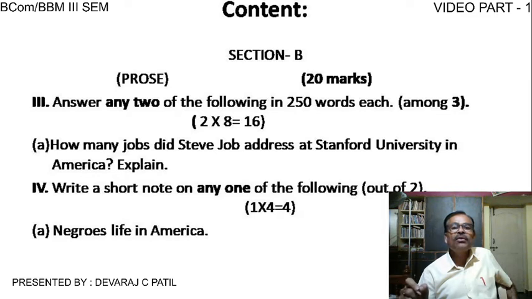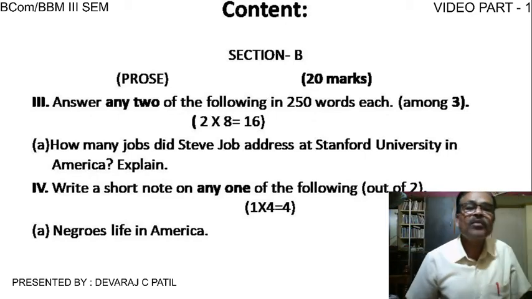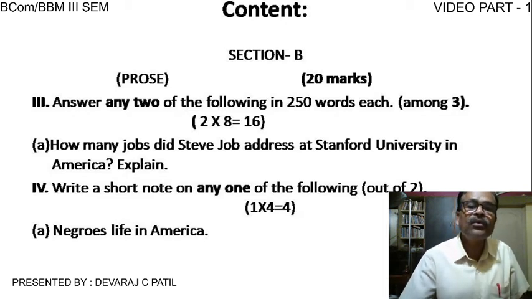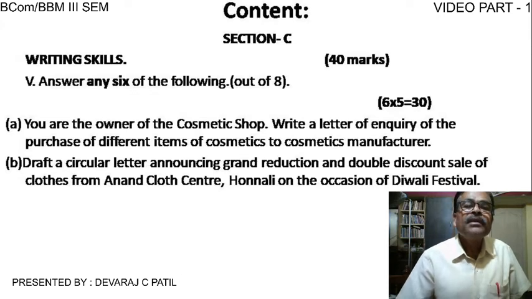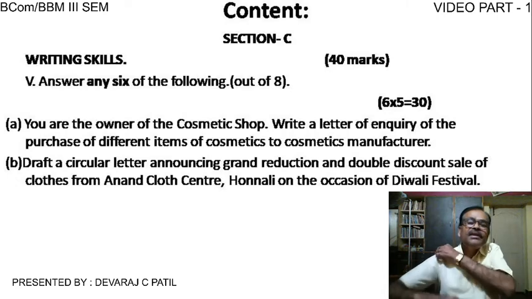And that consists of questions for 8 marks. In total it carries 16 marks. Then the short answer is also to be written by you on the prose section. It carries 4 marks and it should be in less than 1 page. That is sufficient. Then section C contains these contents.